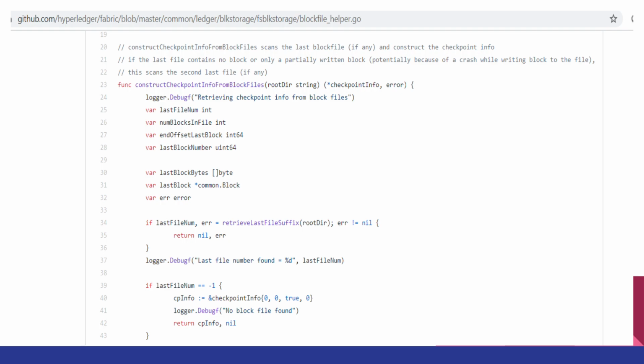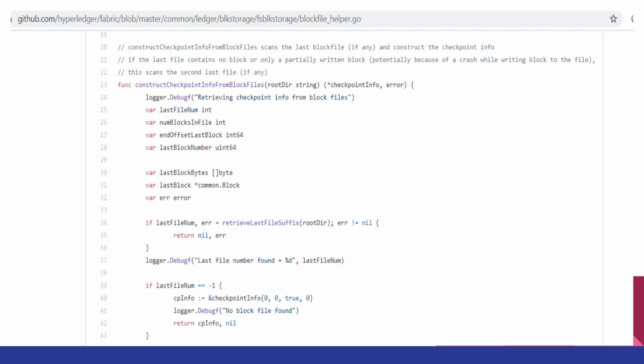During the committing phase, there is a special recovery information present, called the checkpoint info inside the ledger. If you see the first line of the comment in the Hyperledger Fabric core code, it says construct checkpoint info from block file: scan the last block file and construct the checkpoint info. So whenever you commit any block, one checkpoint info is generated.